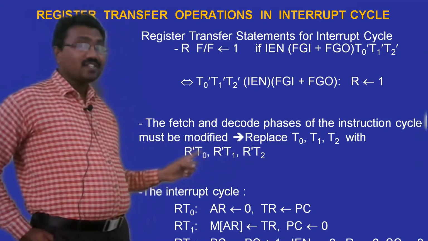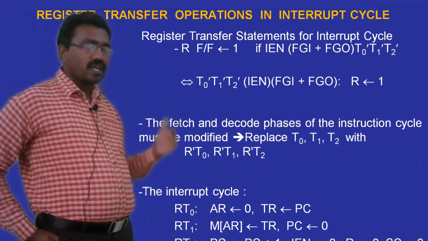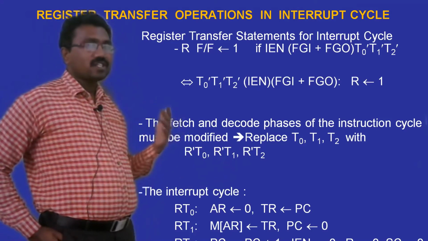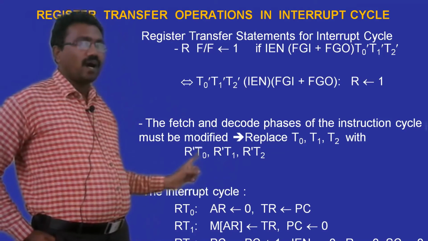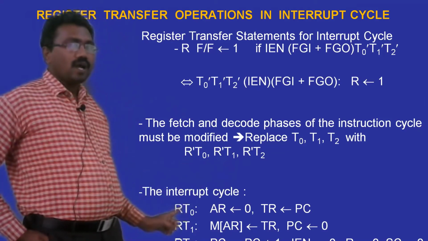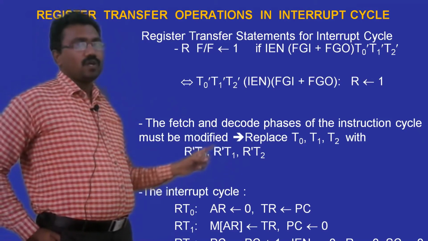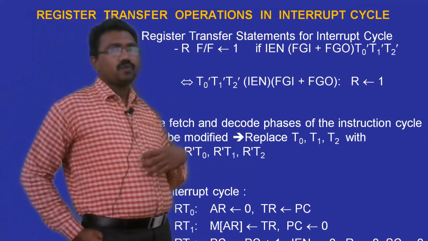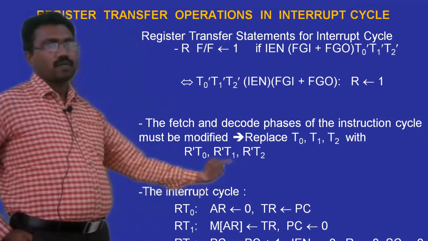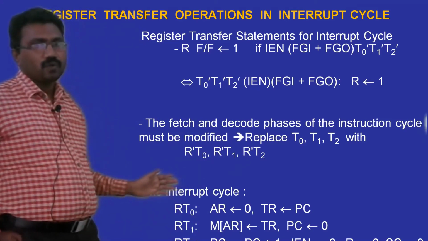If it is RT0, that is the interrupt cycle. In the instruction cycle, R is equal to 0, that's why R bar. Whereas in the interrupt cycle, R is equal to 1, that's why RT0. In the instruction cycle, T0, T1, T2 change to R bar T0, R bar T1, R bar T2. Coming to the interrupt cycle,